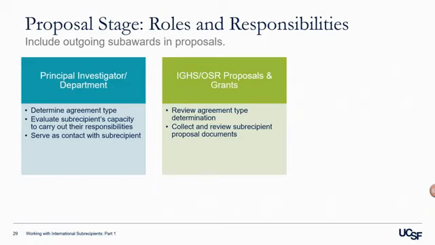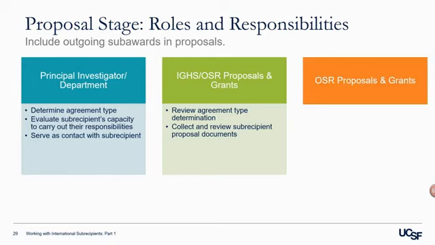Anyways, I got distracted. Okay, so talking back again about what we're responsible for, we want to make sure that agreement type determination is correct. We want to talk to the PI in the department if we feel that they're maybe not classifying it the correct way. We want to talk to them about that and explain to them what we think. And also we want to collect and review the subrecipient proposal documents, not least of which is the budget. And then